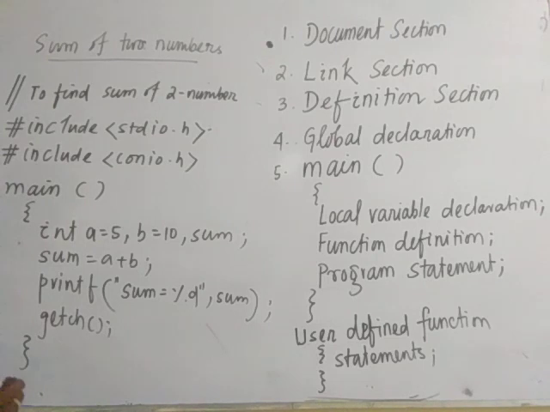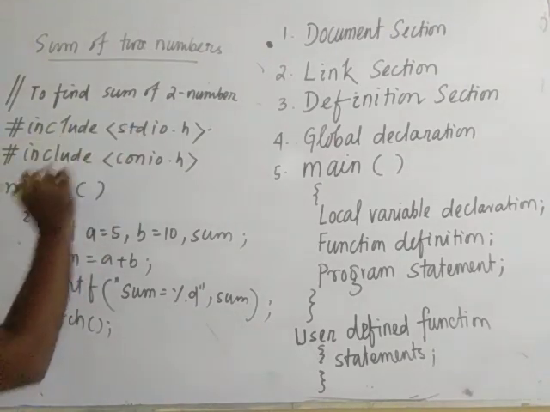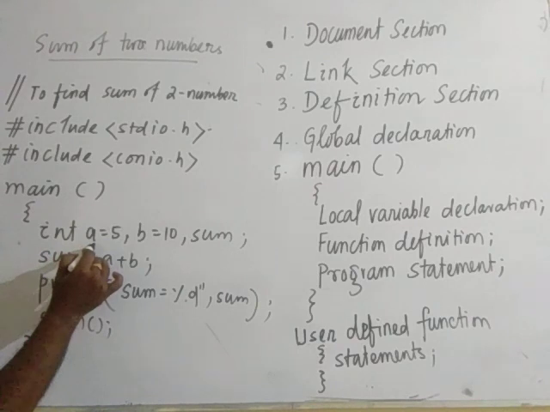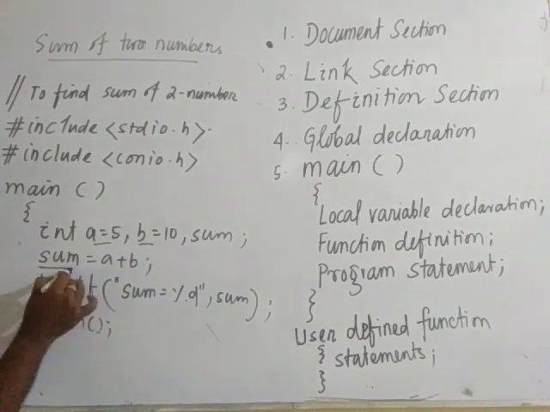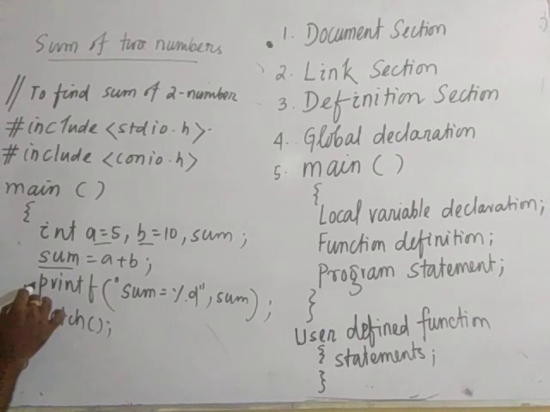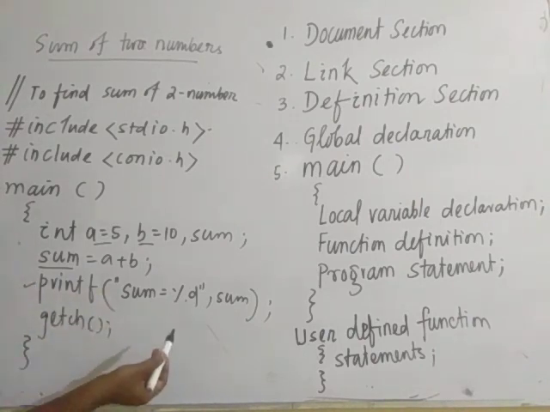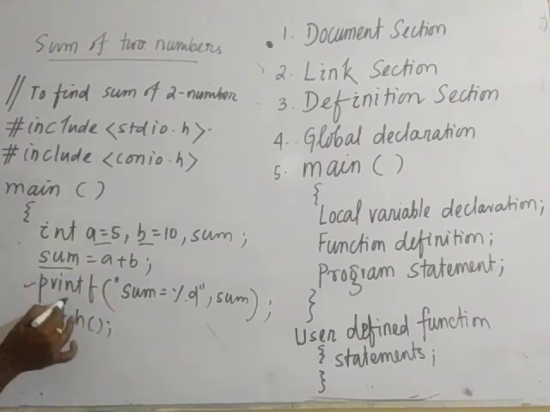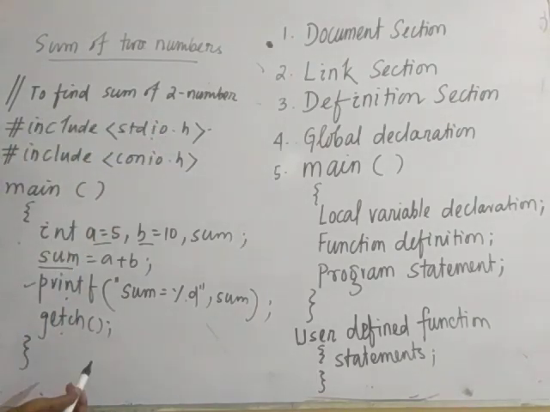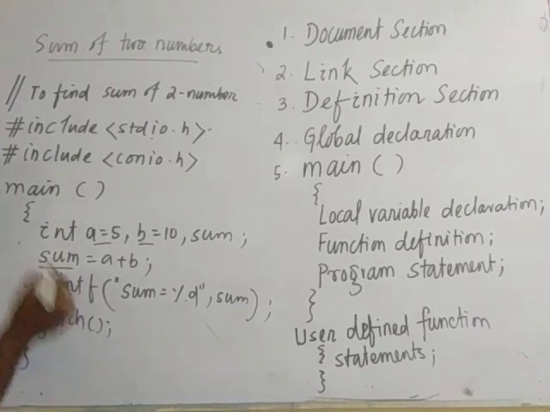So in this part, this is the documentation section, this is the linking section, this is the main part. Within the main part there is variable declaration, then the program execution, what is to be done, and this is the printf statement used to show the output on the screen. The code of printf is written inside the header file stdio.h, and getch gets the character from the input stream, and the code of getch is written inside conio.h. We can also use the clrscr function to clear the screen each time the program is executed. It can be used here, clrscr.